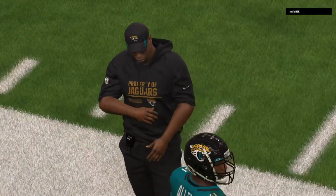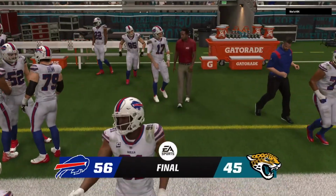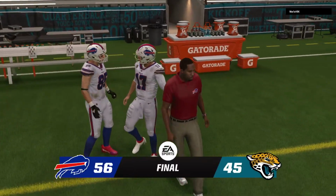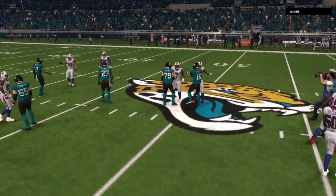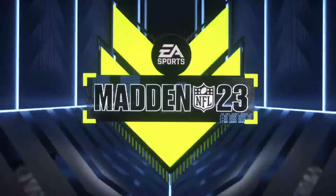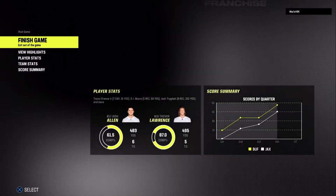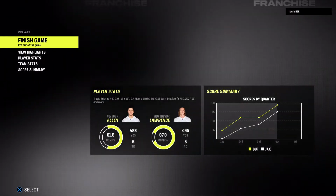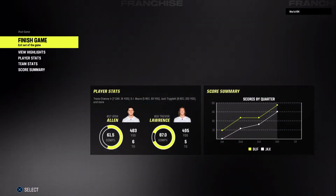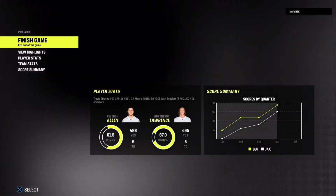So now you have to regroup because you've gone from celebrating what you think is a win to trying to figure out how to do it again and make it a win. And as this defense walks off the field, they can do so with their heads held high. What a performance by the offense, too. I mean, really, Charles, just complete domination on both sides of the football here in this one. Certainly was, and I think both sides compete against each other all the time. You go to each other in practice, obviously your training camps, your off-season. But on game day, you both want to show your best, and I think that's what we